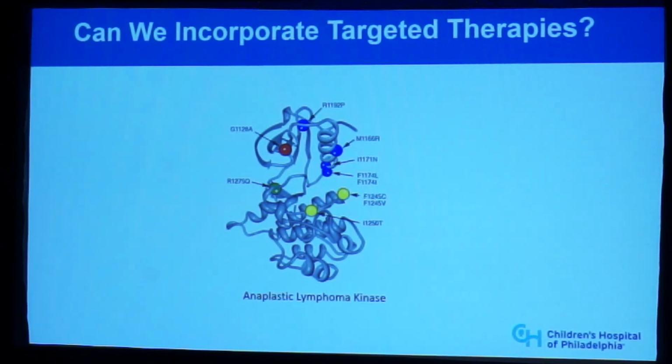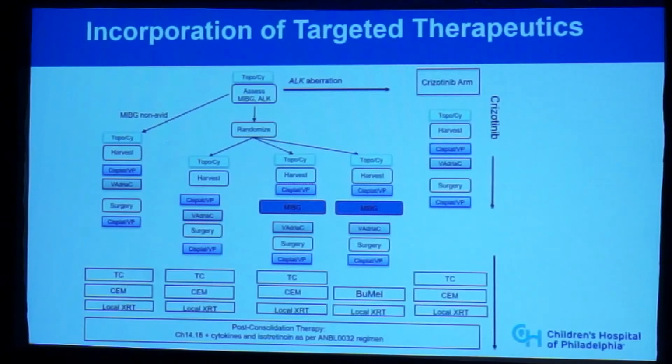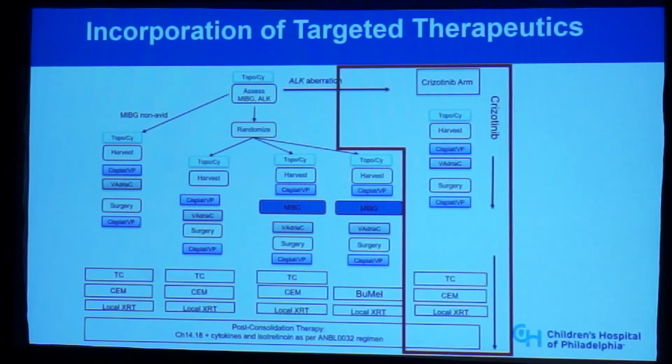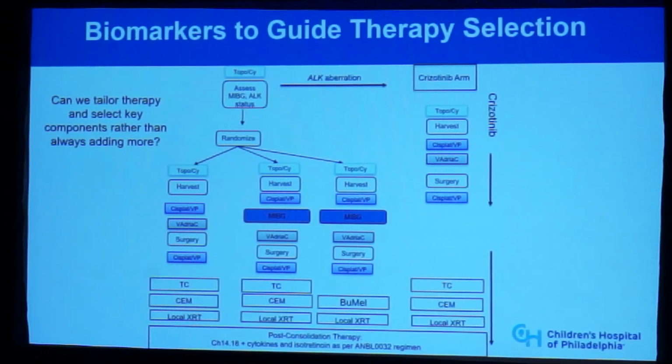And I think there's a lot of excitement about using targeted therapy, addressing ALK and other aberrations that might improve our outcomes. So one of the things that we're looking at in the Children's Oncology Group is the addition of crizotinib to our standard therapy in patients with an ALK aberration. So you can see here patients are going to be pulled off in the next high-risk study if they're found to have an ALK aberration, and crizotinib will be delivered through treatment. So that's our typical standard, is to add something on. We're always piling on and never taking away.